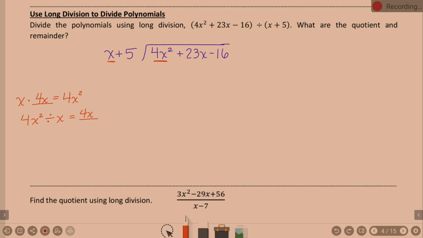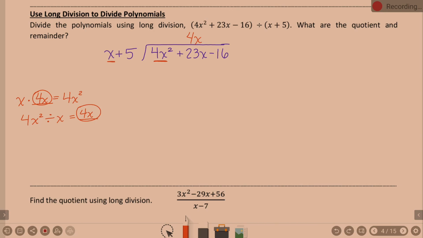X times what is 4x squared? If you don't like that statement, then 4x squared divided by x is what? Can we agree one way or the other, 4x? Okay. So 4x is the first part of our answer. Now, how many terms are we dividing by? 2. So that determines where we're going to put this 4x. Because I'm dividing by 2 terms, I'm going to count over 2 terms, and 4x is actually going to go above the